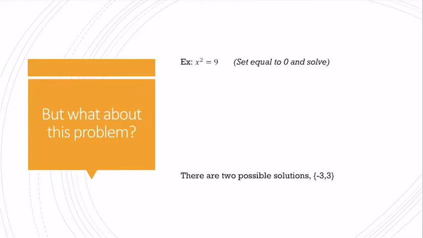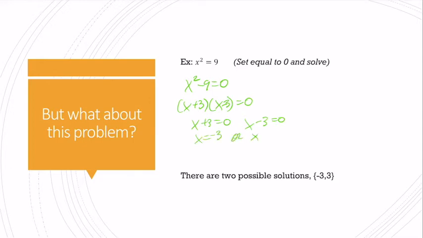Now what if I have x² = 9, and I want to set this equal to 0 and solve, right? So I have x² − 9 = 0. That's a difference of perfect squares, so it's going to be (x − 3)(x + 3) = 0. So I'd get x + 3 = 0, x − 3 = 0. So I have x = −3